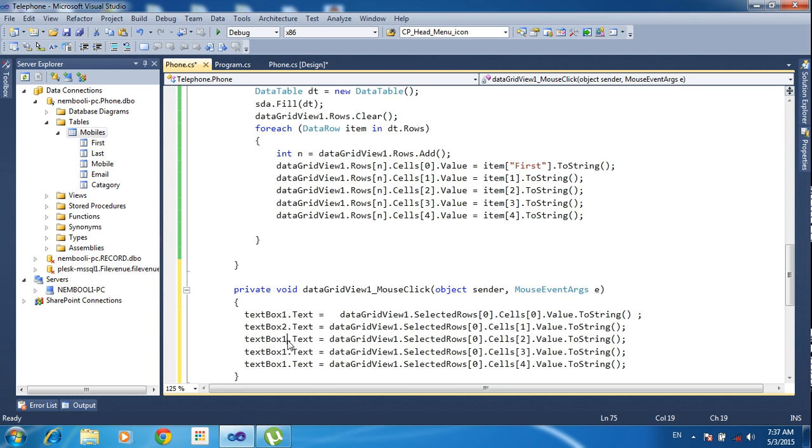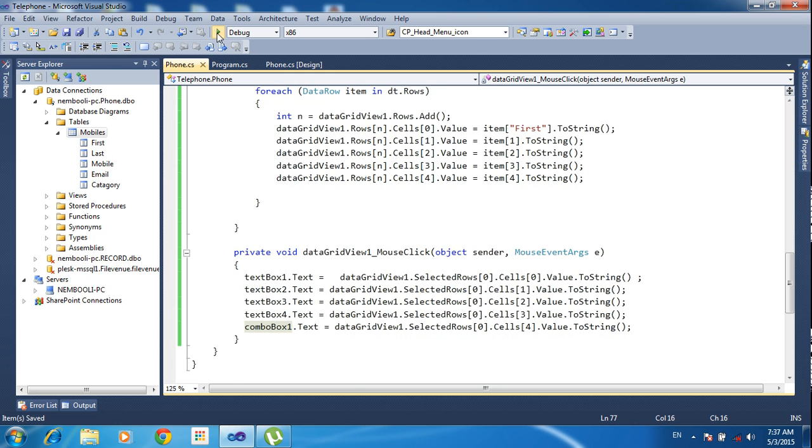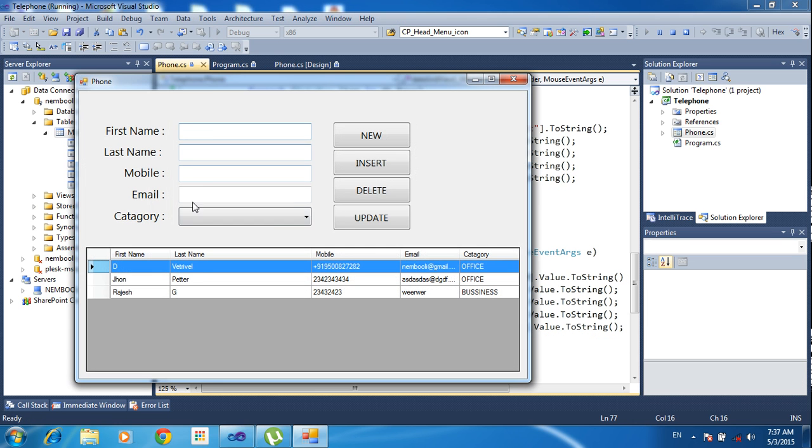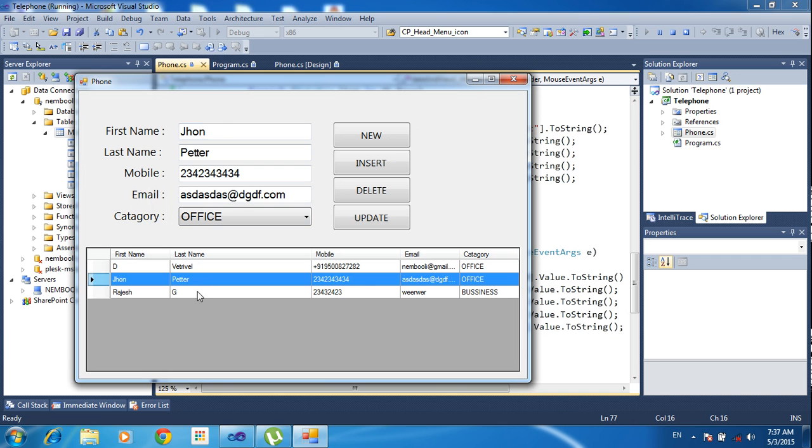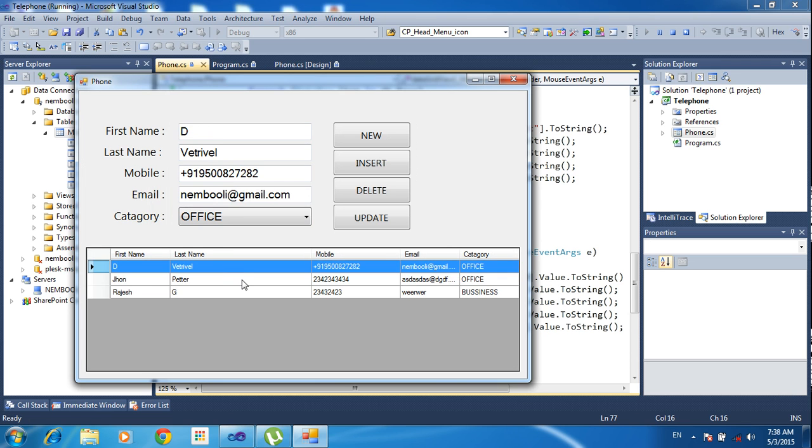Two, and 3 and 4. Here combo box. Now I save the project. Now run the project here. So when you click any values, it will change those values automatically likewise. See,